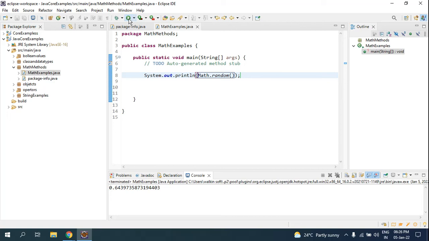There might be a case where you say, sir, I need a whole number; 0.64 is not a number for me. And I have a condition that it should give me random numbers only from this point to this point. Suppose you need a random number from 1 to 10. You have to multiply math.random by whatever maximum number you want.